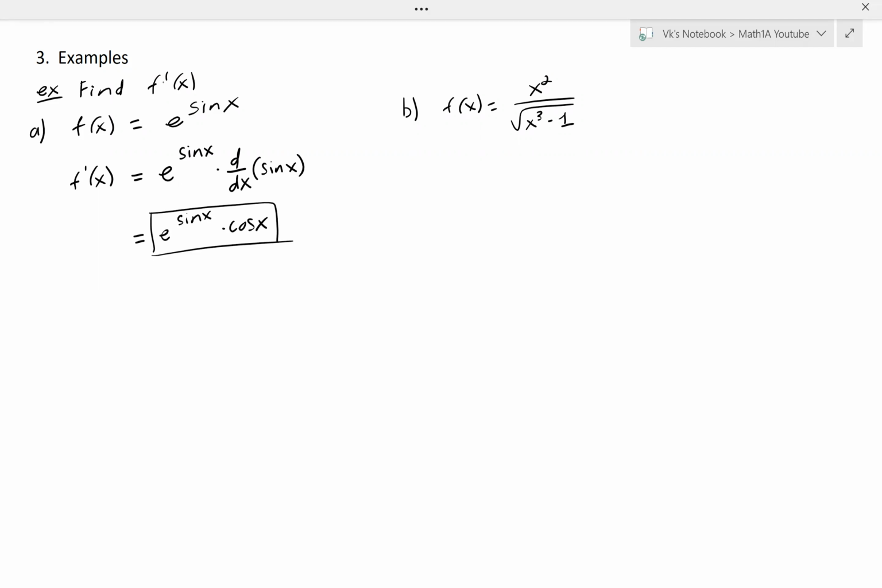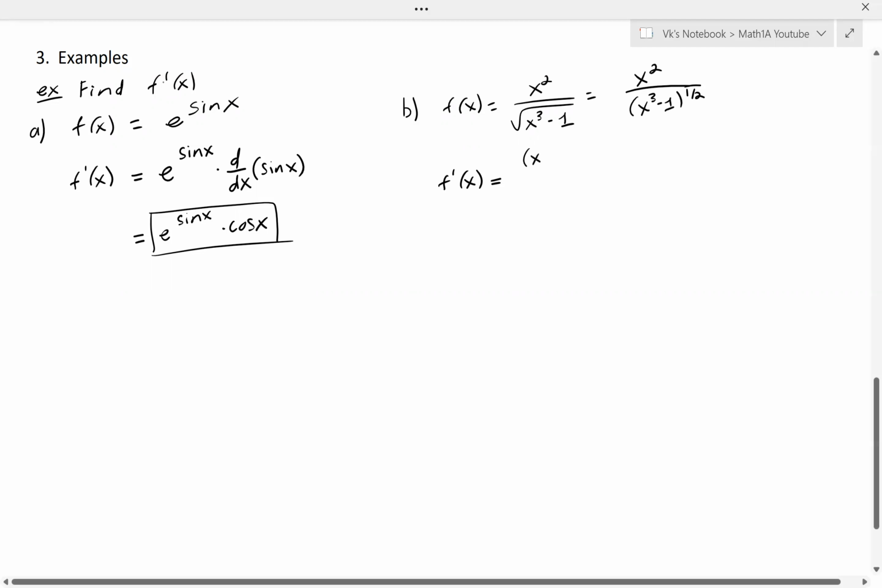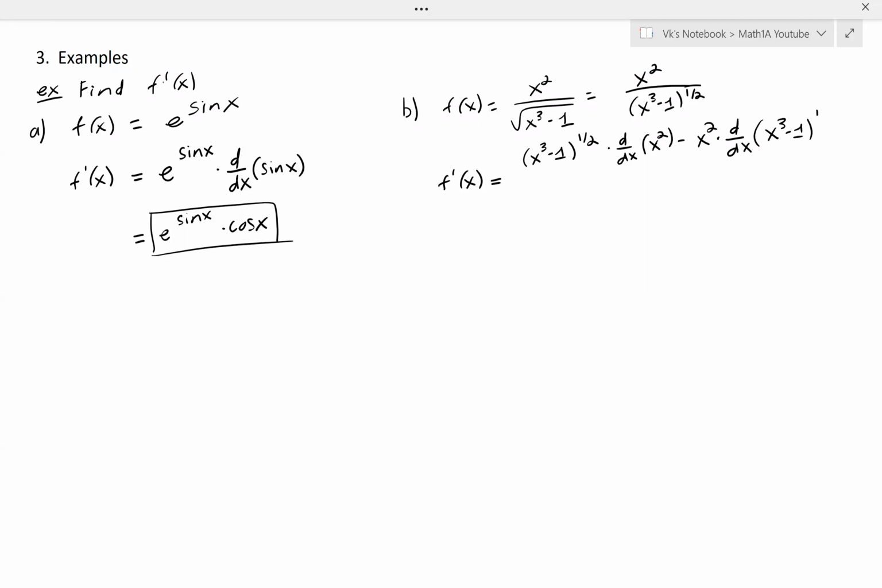In the second example, f(x) equals x squared over the square root of x to the 3 minus 1. This can be written as x squared over (x to the 3 minus 1) to the power 1/2. This is a quotient, so we have to use the quotient rule. f prime of x is low d high: (x to the 3 minus 1) to the power 1/2 multiplied to the derivative of x squared, minus high d low: x squared multiplied to the derivative of (x to the 3 minus 1) to the power 1/2,